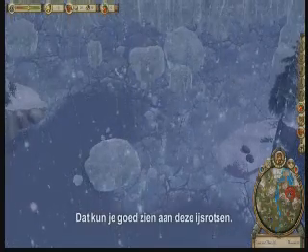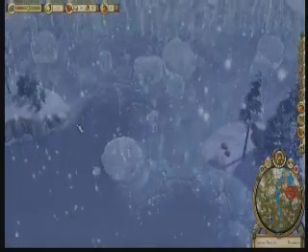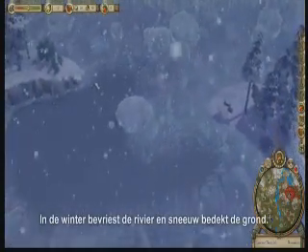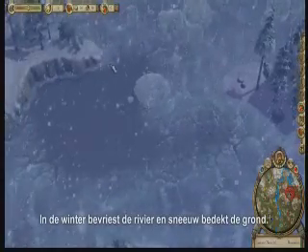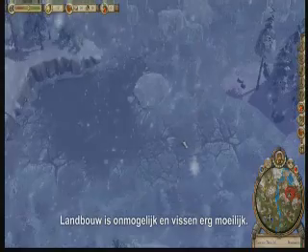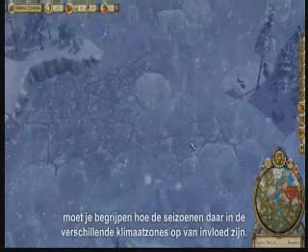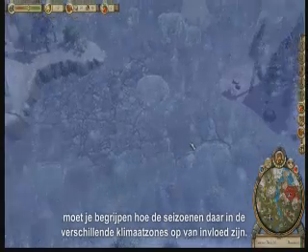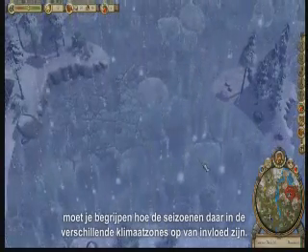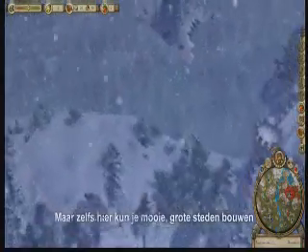This is easily seen, looking, for example, at these ice cliffs. In the winter, the rivers freeze over and snow covers the ground. That makes farming impossible and fishing a lot harder. To manage your economy well also means to understand how the seasons interfere with it in the different climate zones. But even here, you will be able to build beautiful